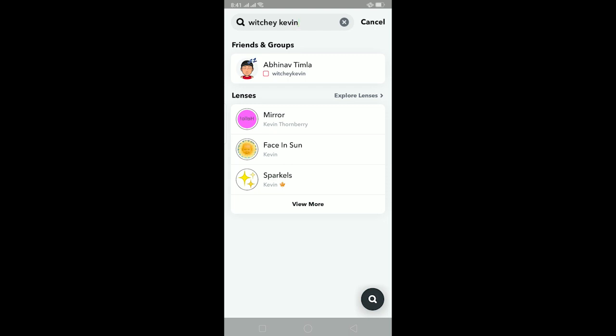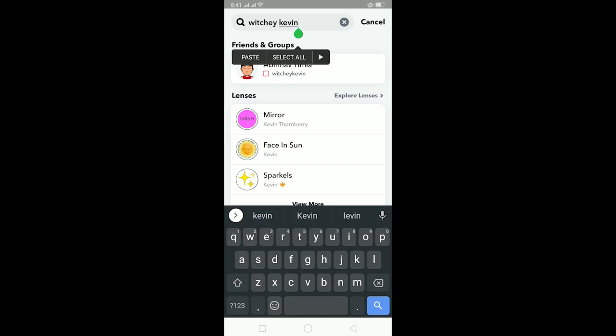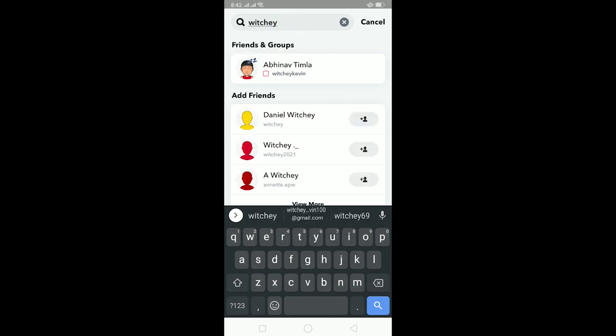To add a person without their username, you can just literally type half of their name, search for it, and then add them. Then it's not going to show added by username, it's going to show added by search because you searched for them. You have to type half of their name, not the full name, and send them